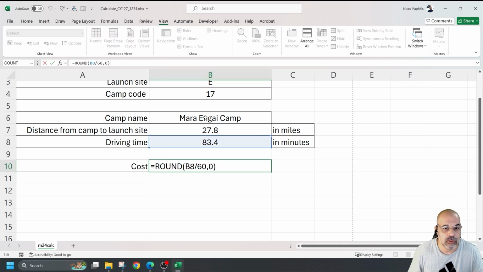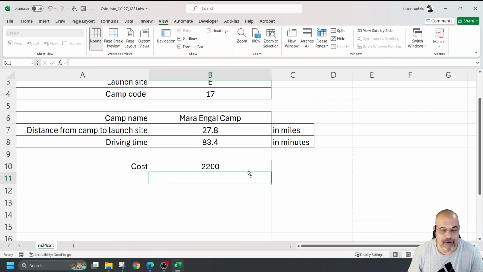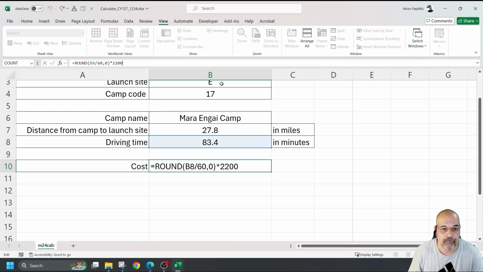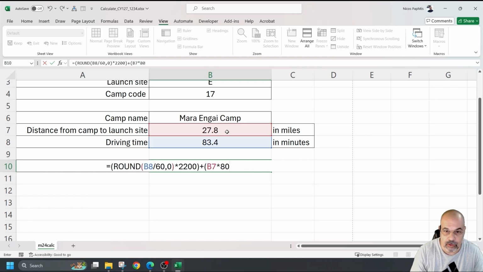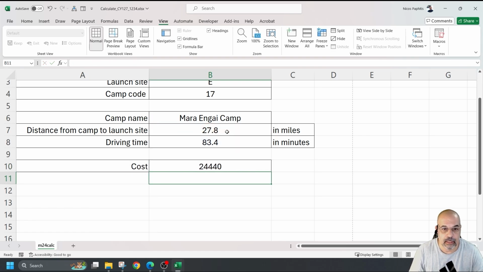Then I'm going to multiply that by 2,200. So the nearest hour out of 83 minutes is basically 1 hour. That's going to be that value there. Okay, so I'm testing this as I'm going. I'm going to put all of this in brackets just to make it easier for me to read. And I'm going to add that to, I'm going to open up brackets, whatever the distance is in miles. So here's the distance multiplied by 800. Close that. And there's my answer,